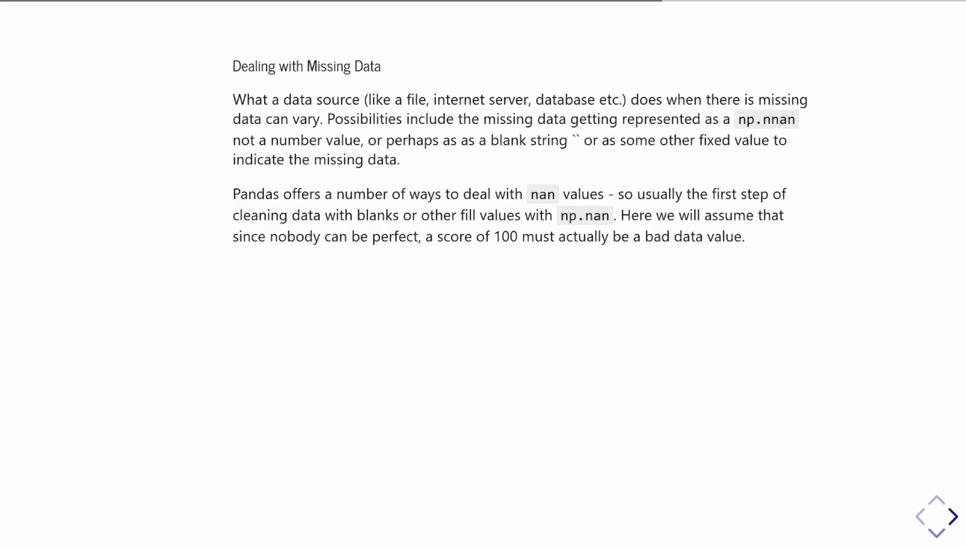And missing data can be represented in a variety of different ways. So it might be represented as a numpy not a number value, a nan value, or perhaps as a blank string, or perhaps with some other fixed value to indicate missing data. So Pandas has a variety of ways to try and deal with not a number values. So usually the first step of trying to clean the data where you suspect there are blank values is to fill values which are missing with np.nan,